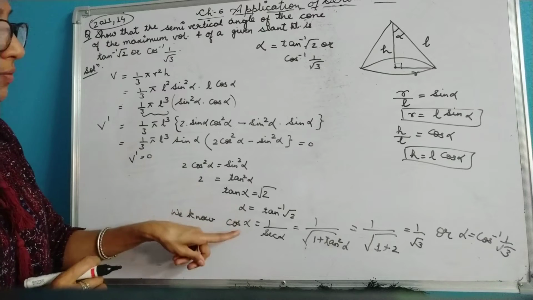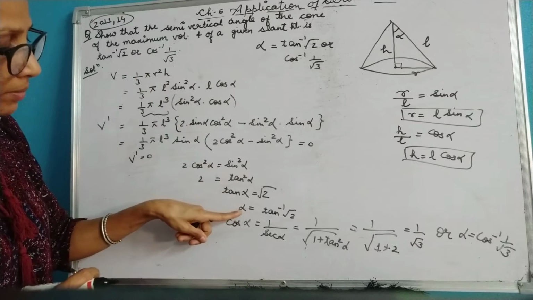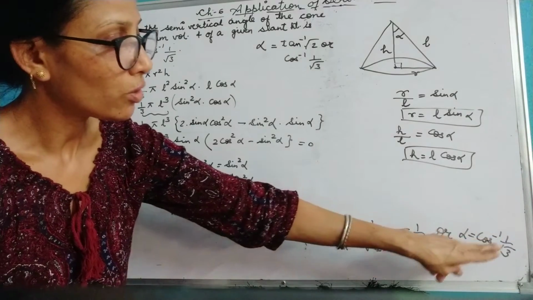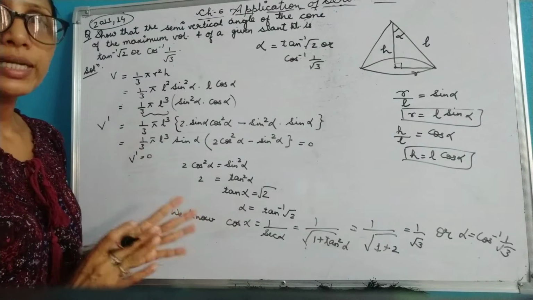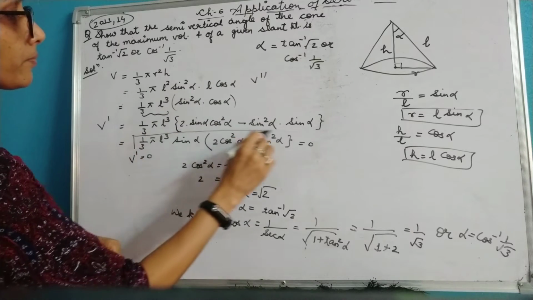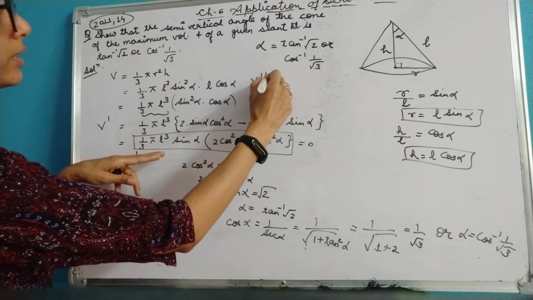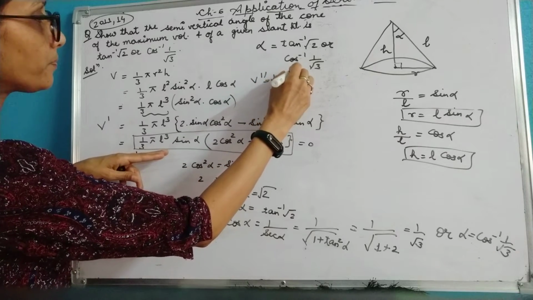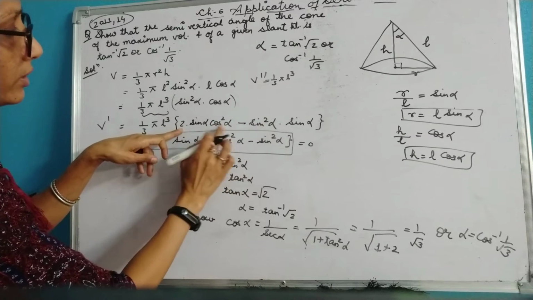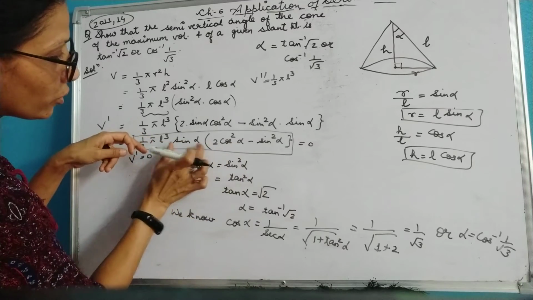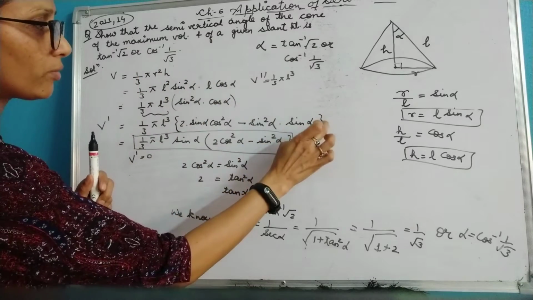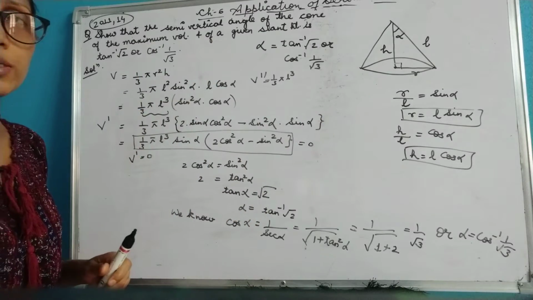Now to validate this fact that your volume will be maximum at alpha equal to tan inverse root 2, or it will be maximum at alpha equal to cos inverse 1 by root 3, we need to find out the second derivative. So let's find out the second derivative. This is your first derivative. So find out the second derivative, 1 by 3 pi L cube here, or simply you can find out the derivative of this thing, either this thing, take it in product, this is u into v, or this is the simplified form. So let's take the differentiation of this step, and it will give me the value as.